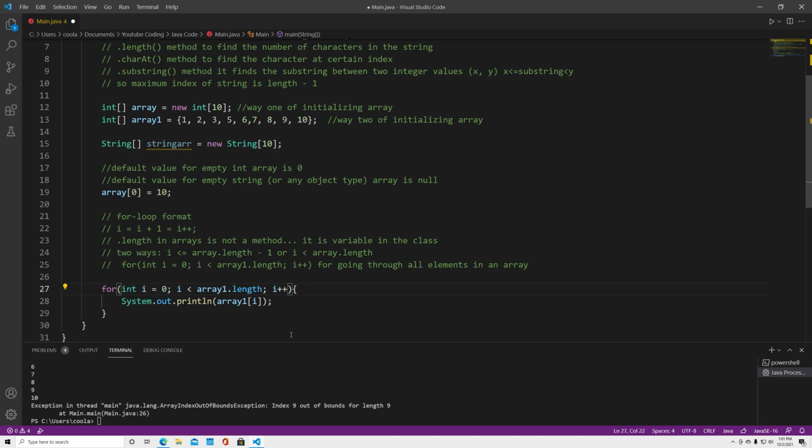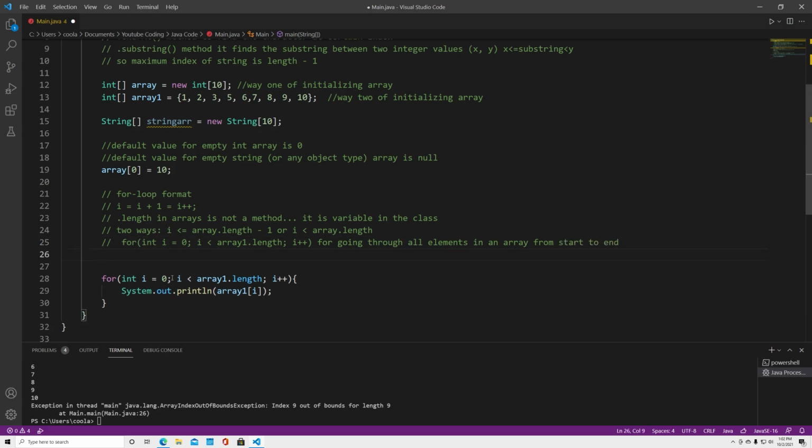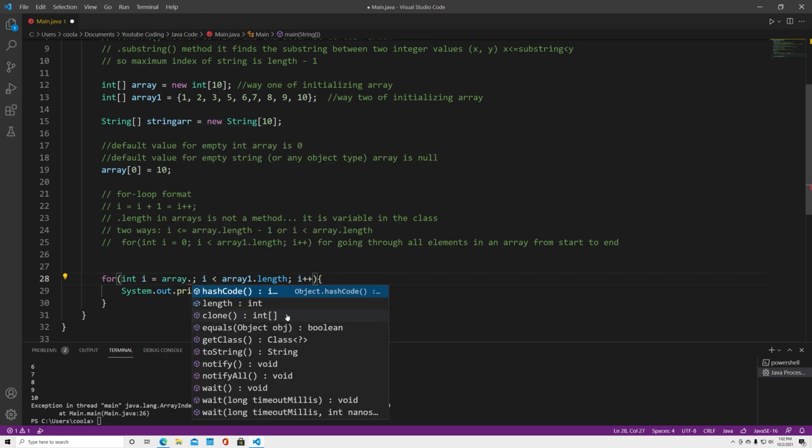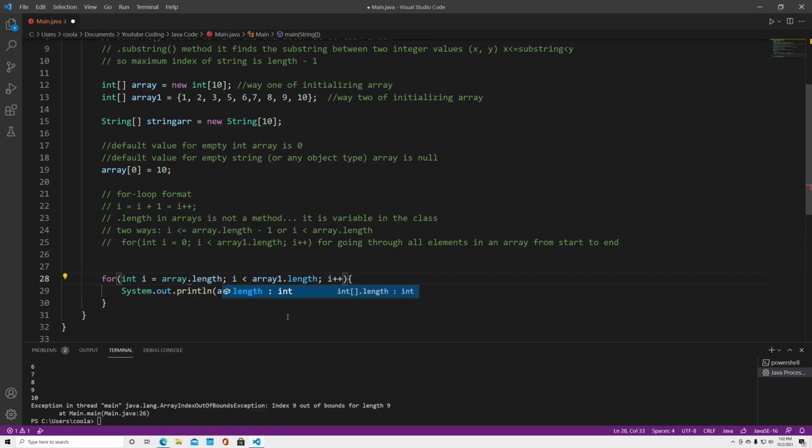If you want to go reverse, the thing that you would do is you would start with i equals array.length - 1, and that means you're going to be at the last element in the beginning. Then the statement you're going to want to put in the middle is while it's greater than or equal to 0,